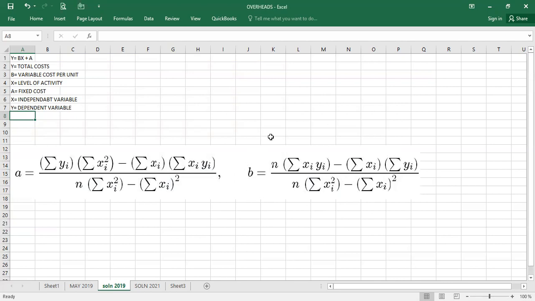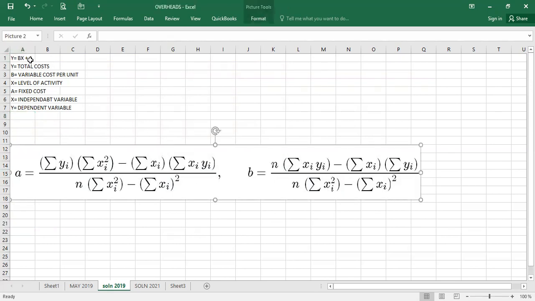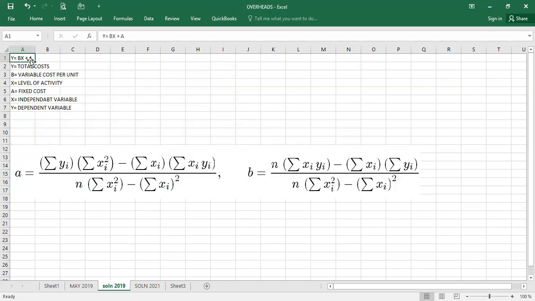So when we compute these and get the values, then we can substitute in our formula so that we can get the relationship, or the straight line, because you can do it graphically: you plot those figures and look for this A and B. Or when you have got A and B, you can put them in our equation, and this equation will be giving us